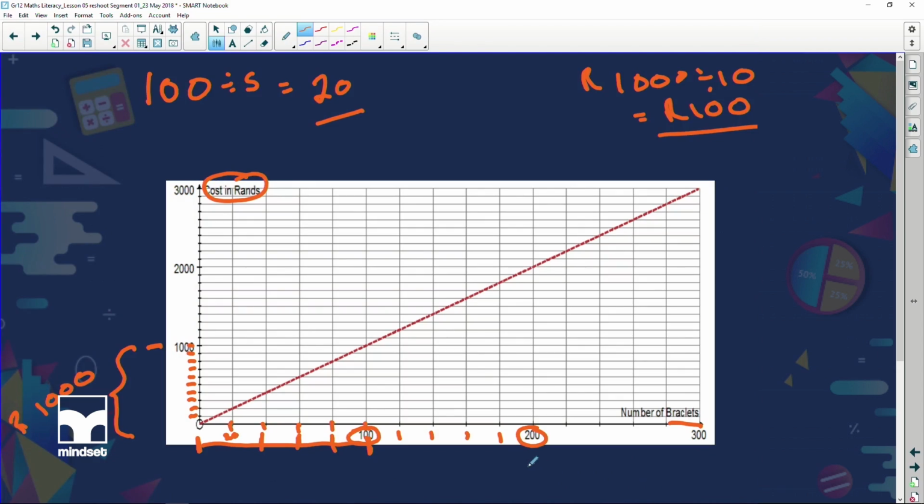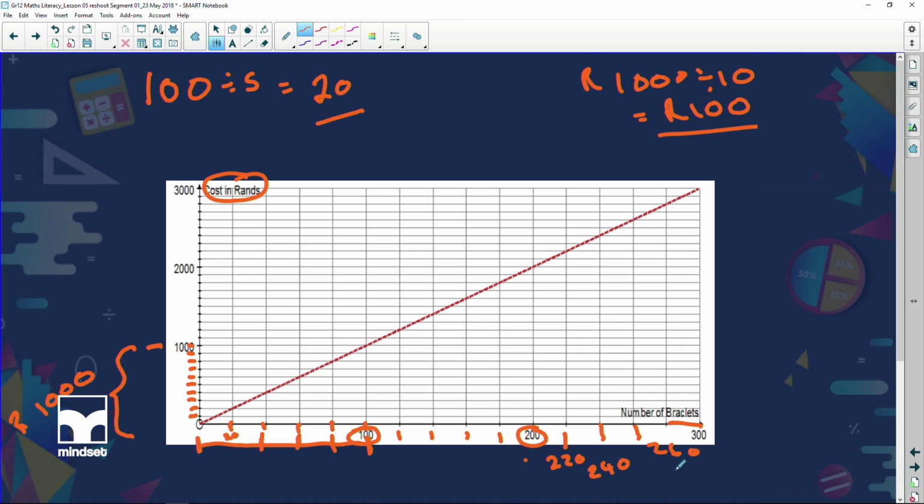So let's say, for example, I'm buying in bulk. Why? Because I'm raising funds and I want to buy a lot of bracelets because I'm going to sell them at a profit. So I go off to a shop and I say, I want to buy 250 bracelets. How much is it going to cost me? Well, the first thing we have to do is we've got to find 250 on my horizontal scale. So let's do that. I've got 200. We said each block was 20. So 220 over here, 240 over here, and here we got